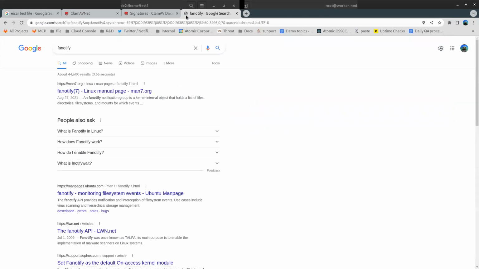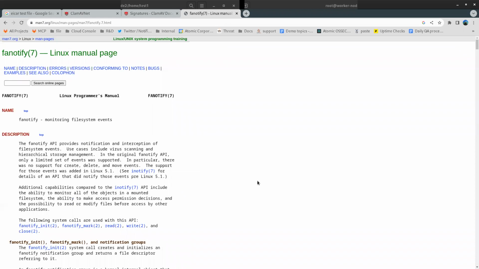Cedric Diggory, by the way, is a famous Hufflepuff, if you guys don't know who that is. He later on became a sparkly vampire, and then he became Batman. But anyway, fanotify is kind of